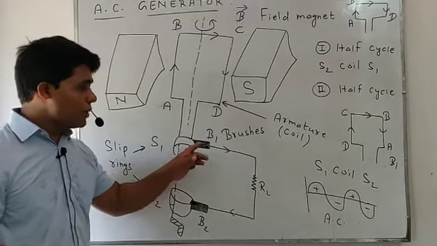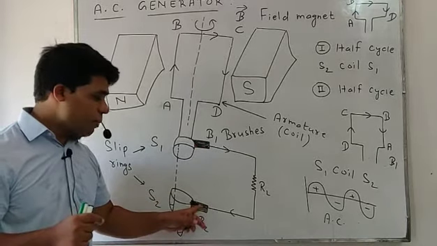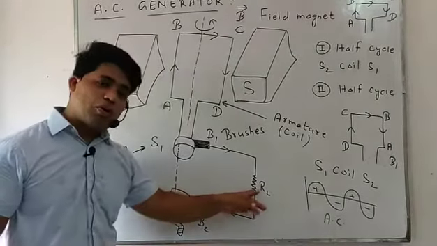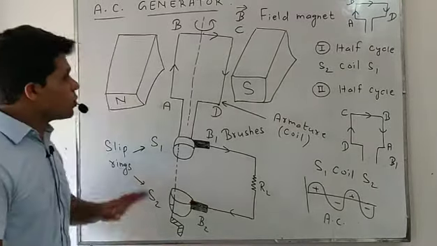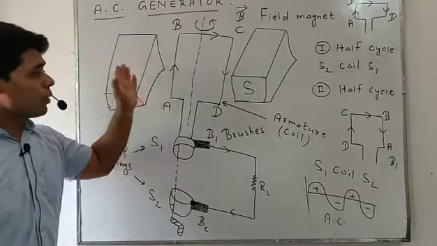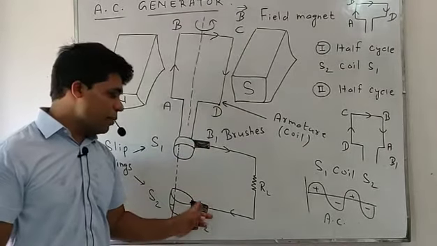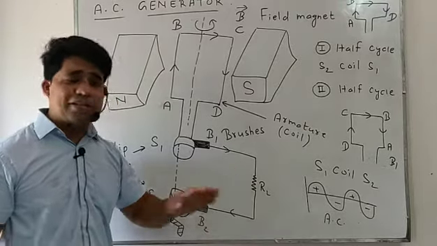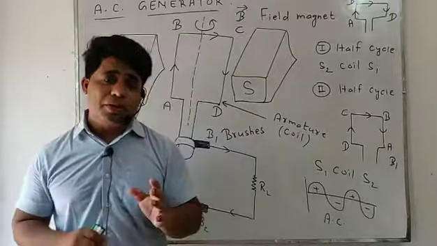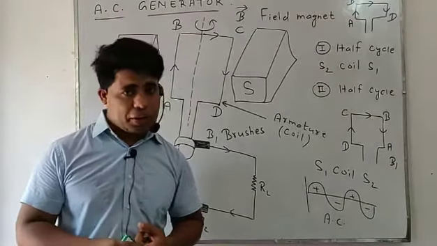And then the fourth part is B1 and B2, that are flexible metallic rods, made of graphite, which provide the internal connection with the external load resistance RL. So that is the basic concept of an AC generator: armature coil, magnetic poles, slip rings S1 S2 made of brass, graphite brushes B1 and B2, and external load resistance. Now students, its principle. It is based on an important principle, electromagnetic induction.